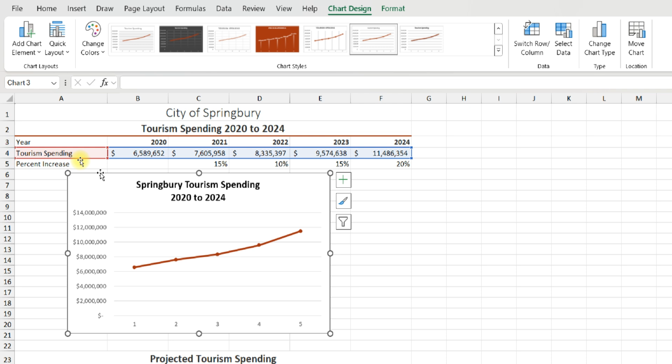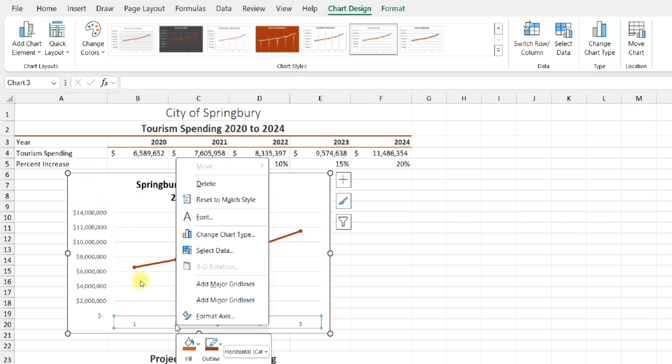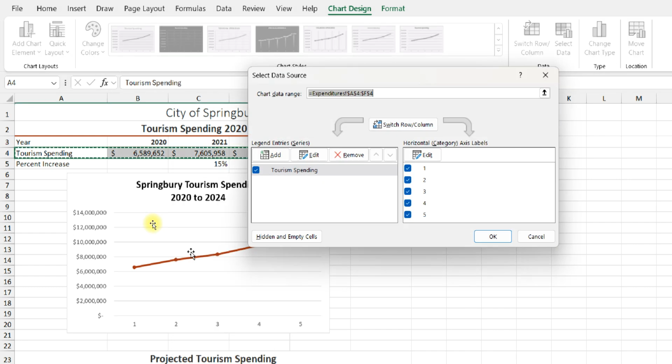And at the bottom chart, we want to point at any of the numbers 1 through 5. We're going to right mouse click and select data. Then there are 2 ways to do that. You see here we want to replace the placeholder 1 with the actual value, and we do that by selecting